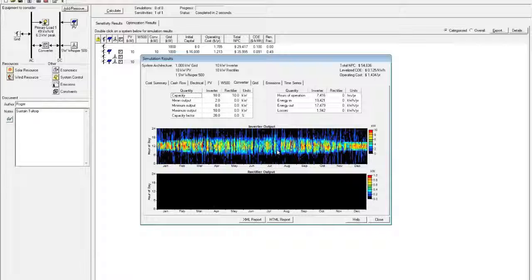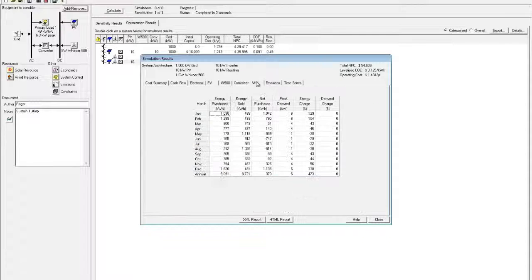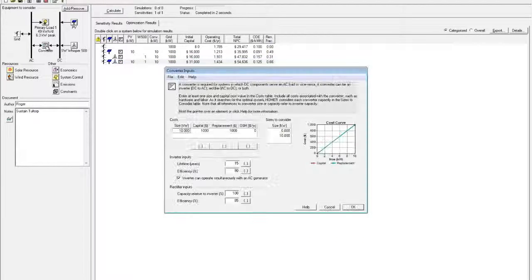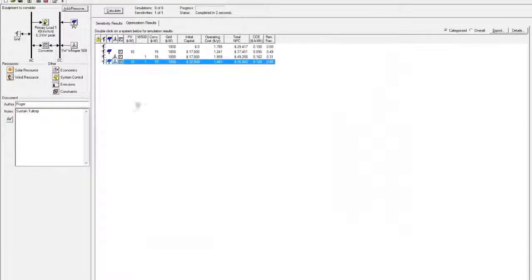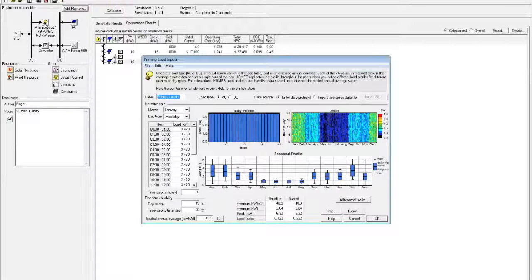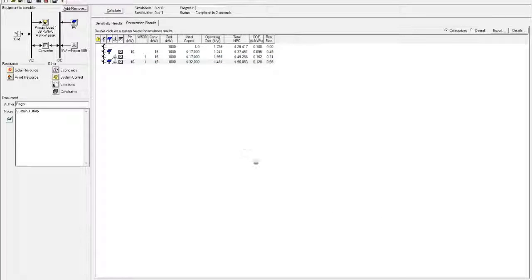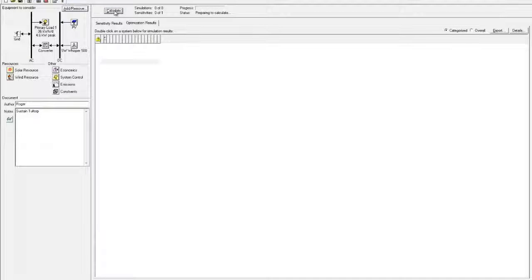Remember rectifier, so that's now, what have we got here? That's why I didn't do the converter, did I? So let's just close this. Converter to do. On the primary load, it works out an average for weekends, and it's just weekdays. Now that 48.9, we don't actually use that much. We use 35.9, so I'm just going to put 35.9 in there, and then calculate again,